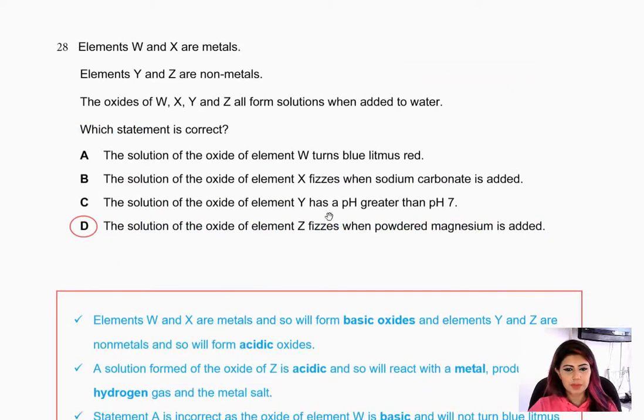28. Elements W and X are metals, the elements Y and Z are non-metals, and so on. So W and X should be basic oxides, Y and Z should be acidic oxides. Let's check the answers. The solution of the oxide of element Z fizzes when powdered magnesium is added. So magnesium,